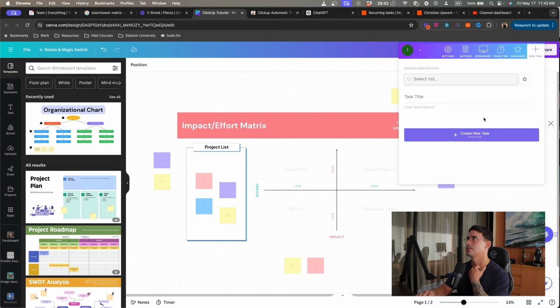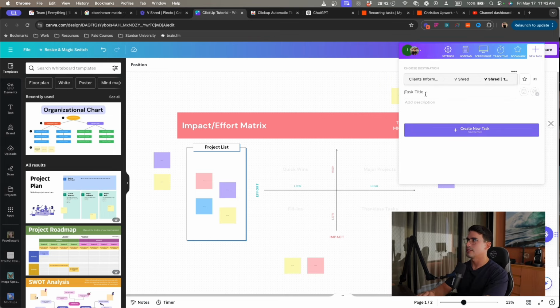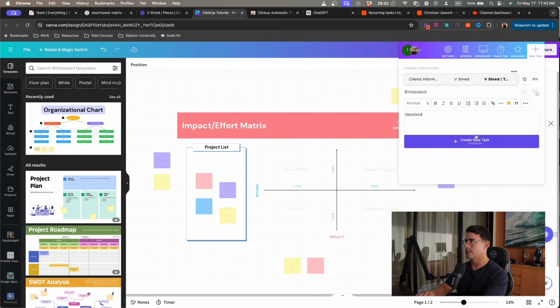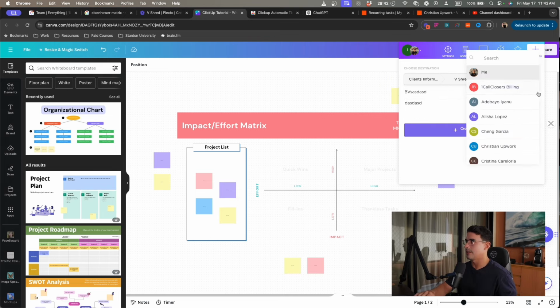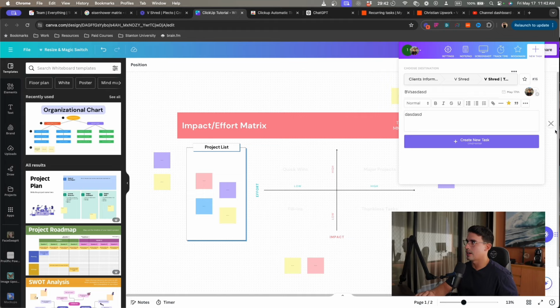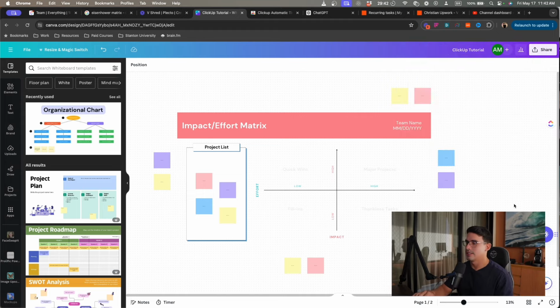Typically I just use the create task information, and then you can just put the information here, and then create a task. Never forgetting to set the due dates and the assigned person. All right, so Chrome extension, it's next level.